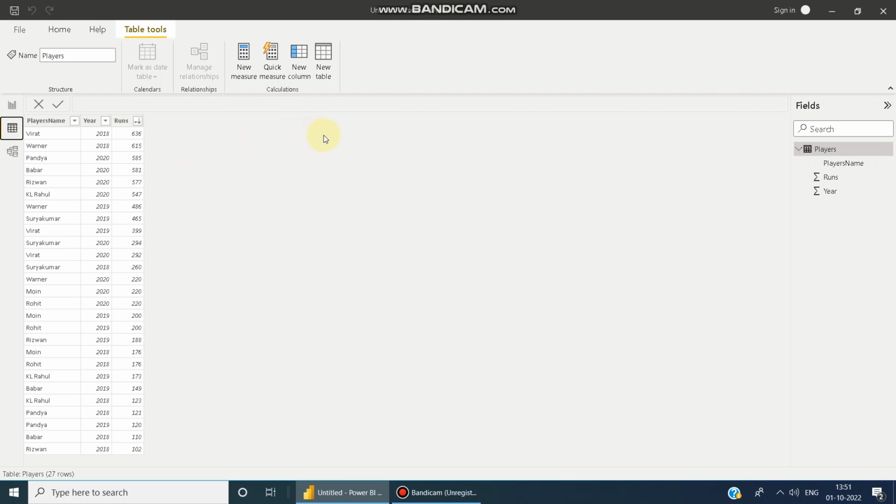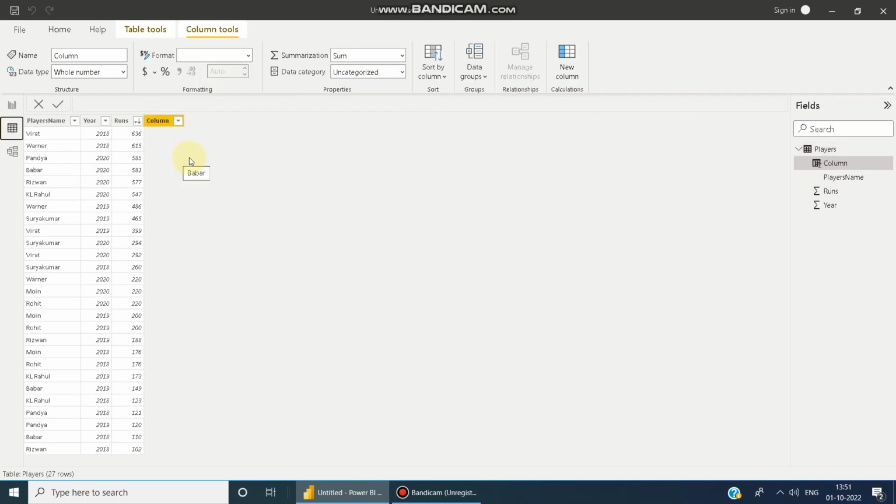So the RANKX function returns a new single column or a single value, or scalar value. Firstly we are going to see the new column, and then we will see the scalar value. Now I will click on new column because we want to find the rank of each player. I will give the column name as RankX only, and then I will enter the